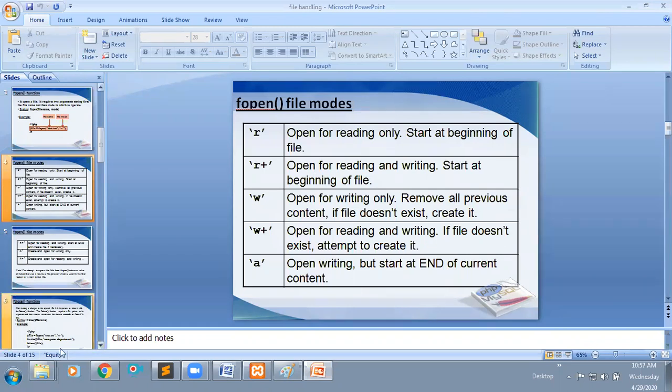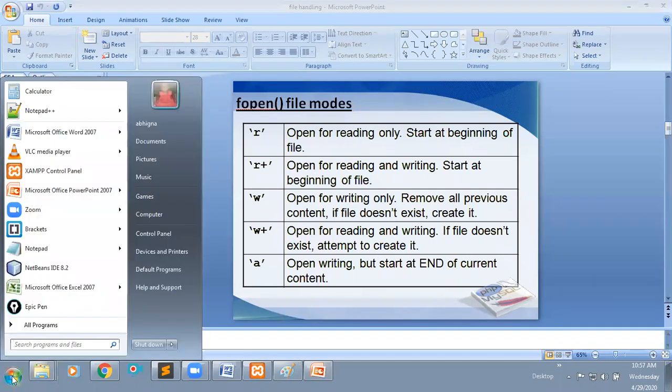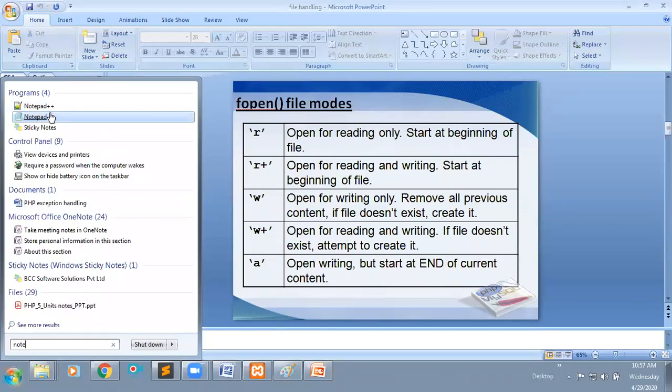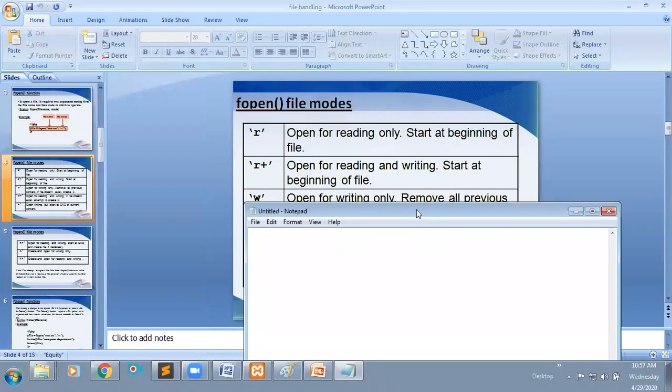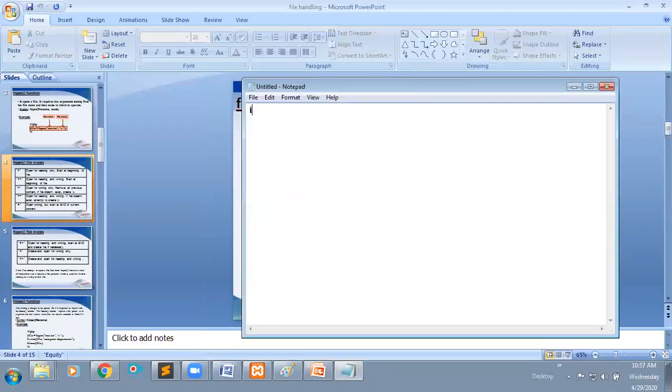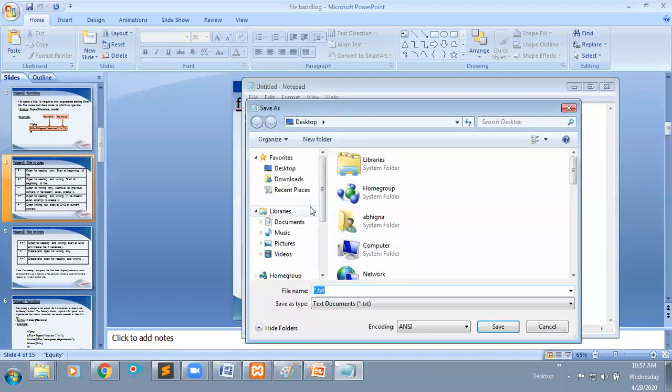For example, I'm just creating one file. Consider taking one notepad. This is a file. Here I just enter some data and save this file in one location, in the D drive.